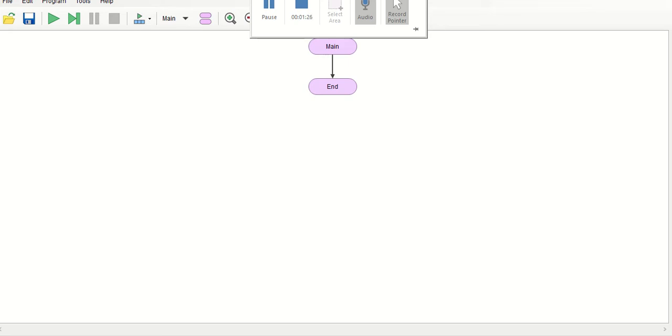So we will create a simple program. In the first Flogorithm class, I explained a simple program, and step by step we will go on to bigger programs. So let's start if condition.